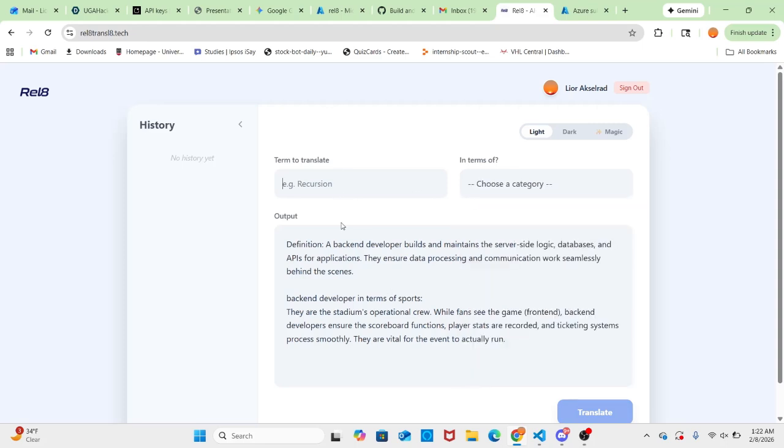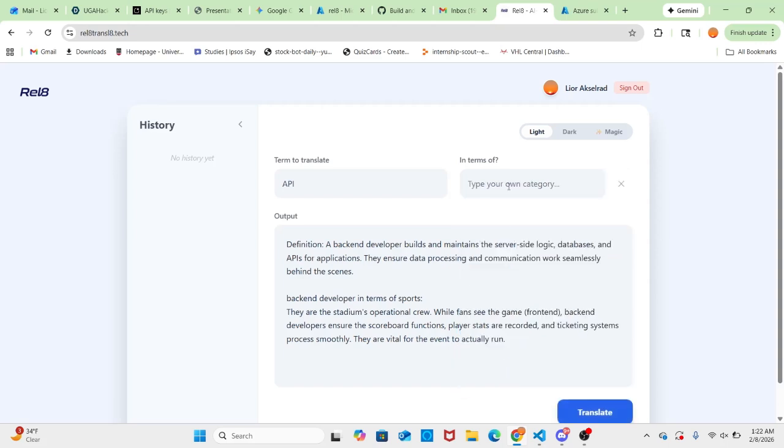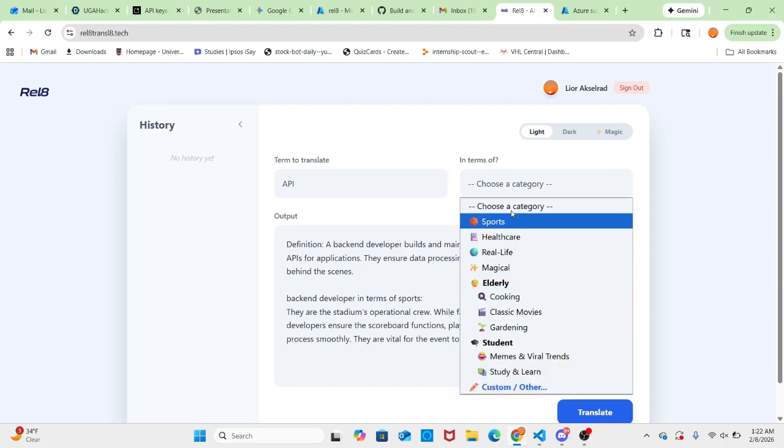And let's do another term. Let's do API. So I'm going to do API, but let's say I don't like any of these categories. In this case, I'm going to say custom/other, and let's say I'll make my own category for this one. Let's do cooking. Or actually, I think that's actually a category. Yes.